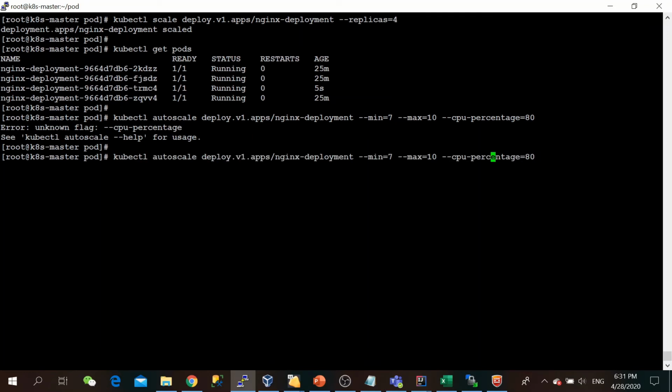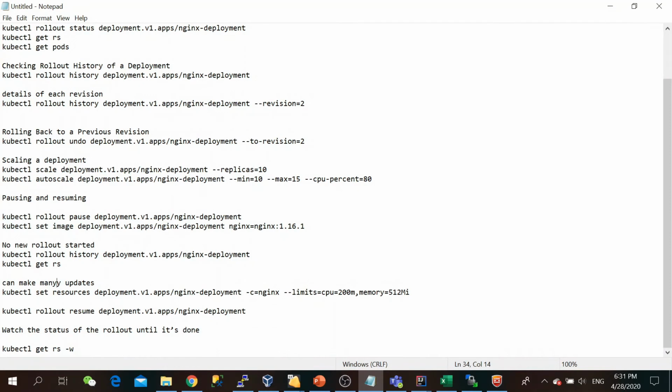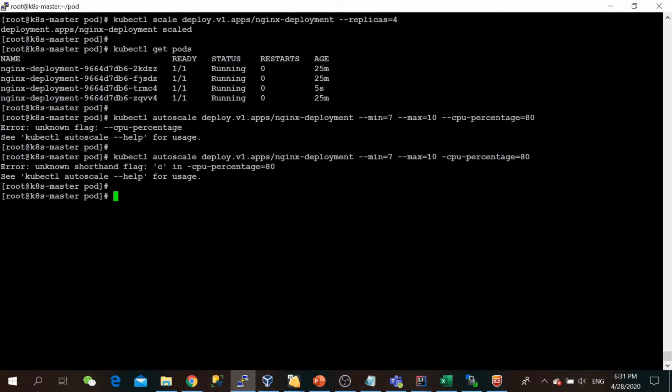Okay, it should be single only. --cpu-percent equal 80. Okay, let me see the command. It's only --cpu-percent.